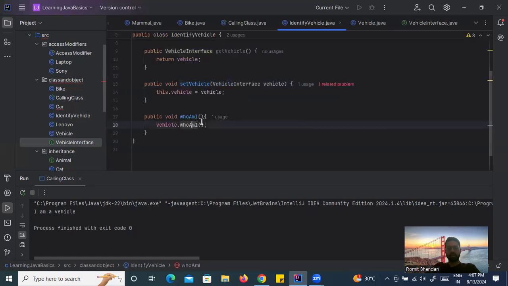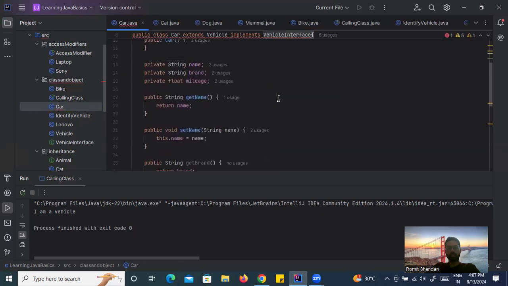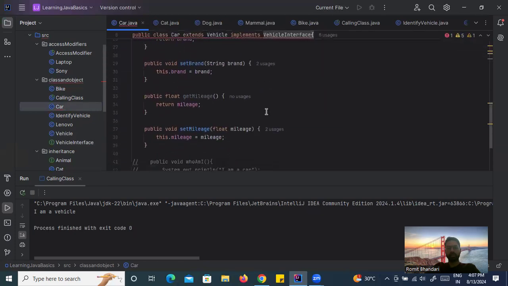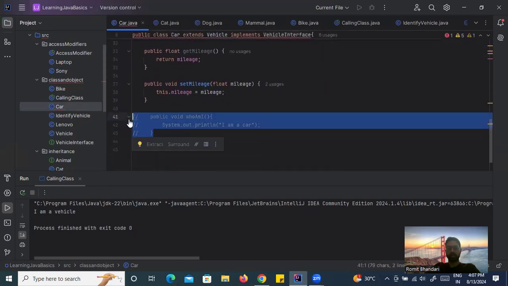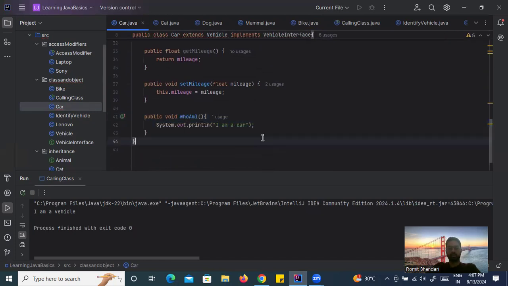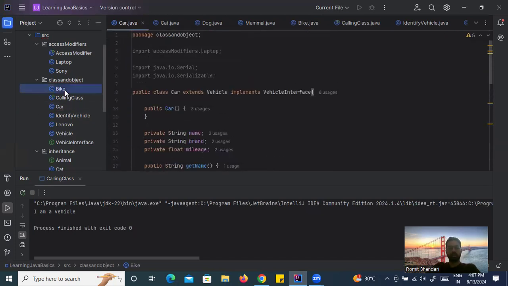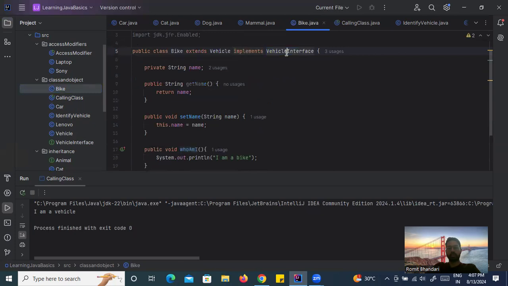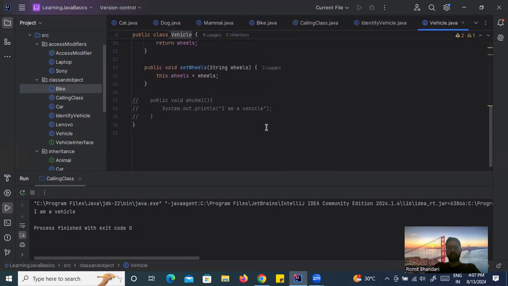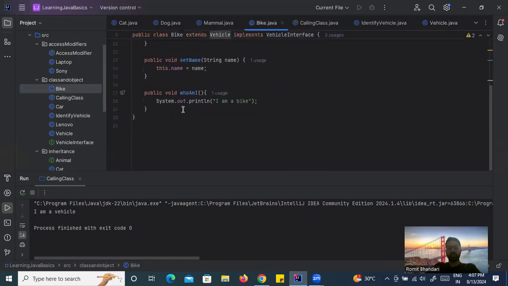Obviously, the car which is implementing this interface needs to implement that method. Then only this error will go. This error has gone. Similarly, in the case of bike, it implements the interface, and we removed this from the vehicle class, and it is implementing the method as well. So car and bike both are implementing the method